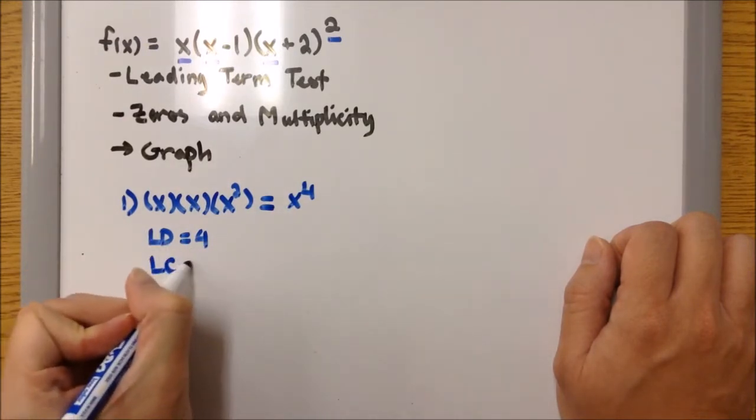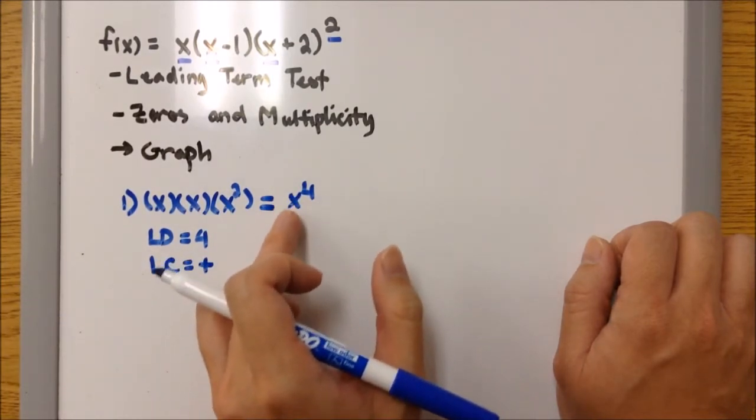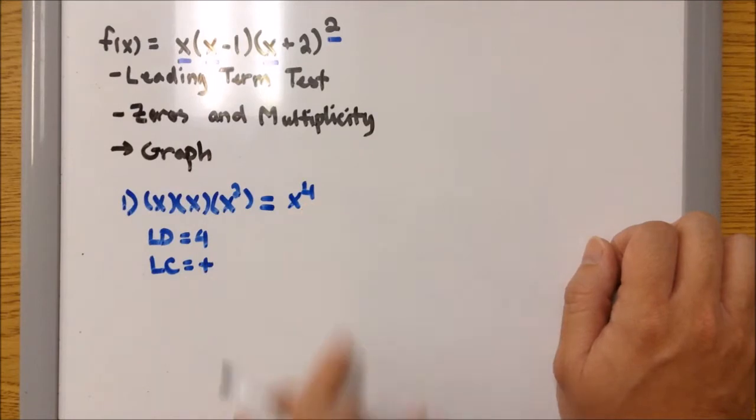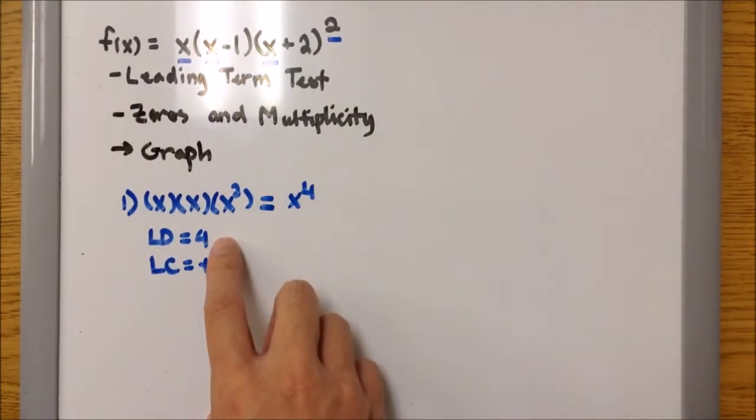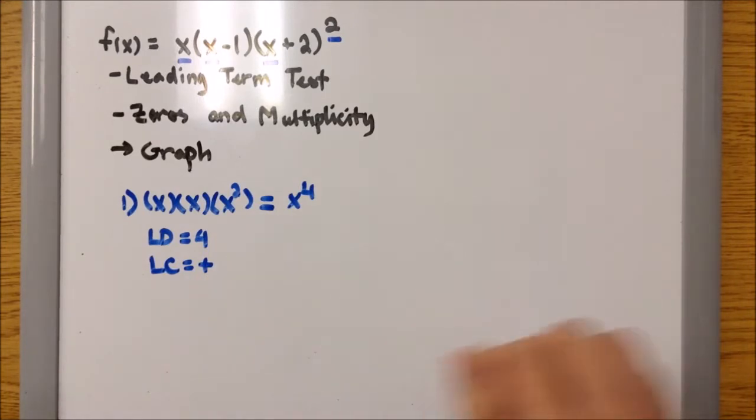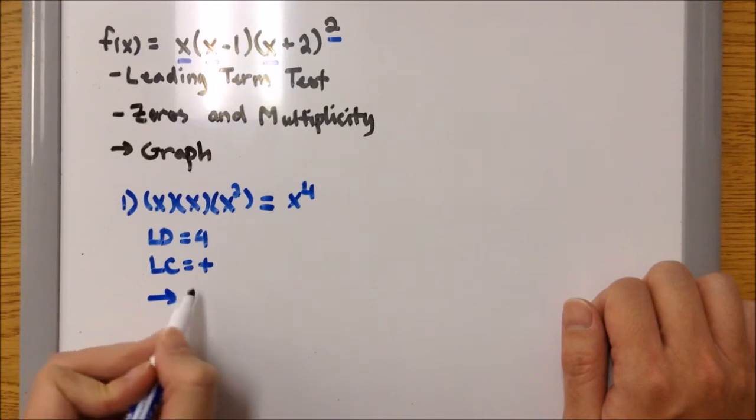So the leading coefficient is positive. So positive 1 in the front, even exponent. So now we have leading degree of 4, so it's even and it's positive. So that means the end behavior for left and right side. So the limit